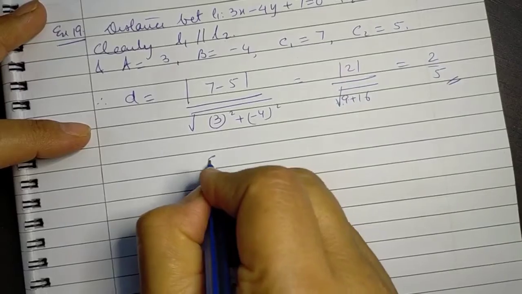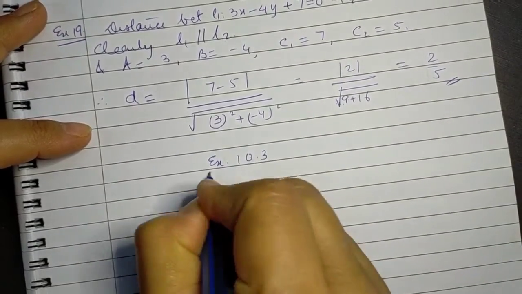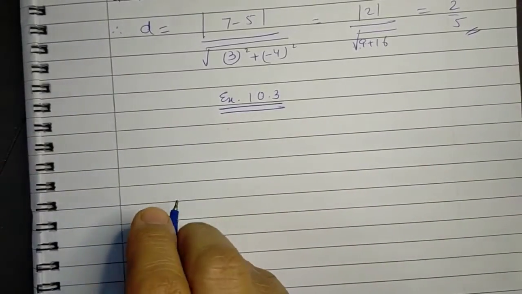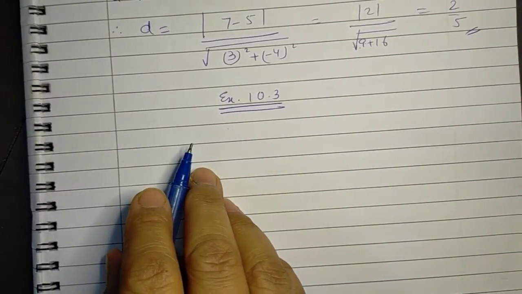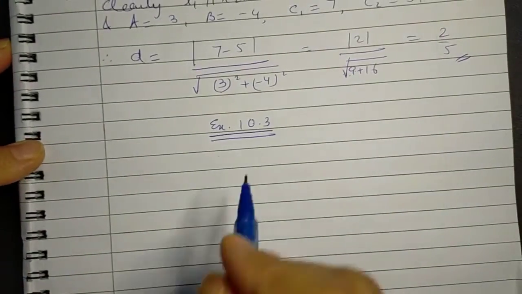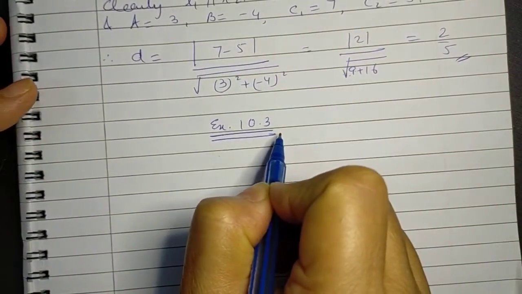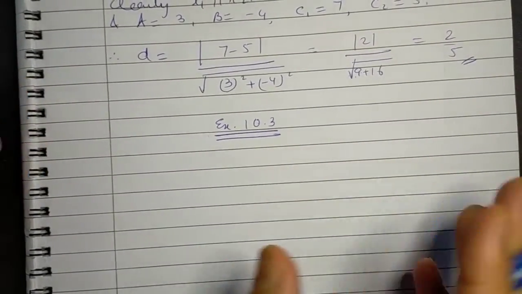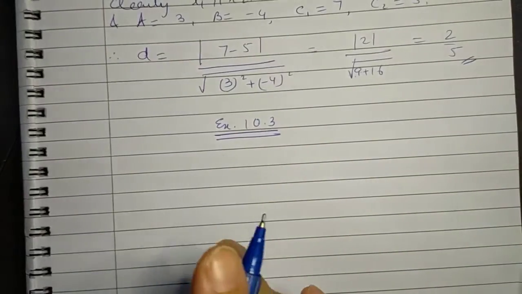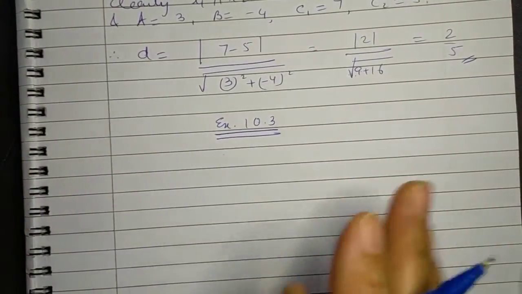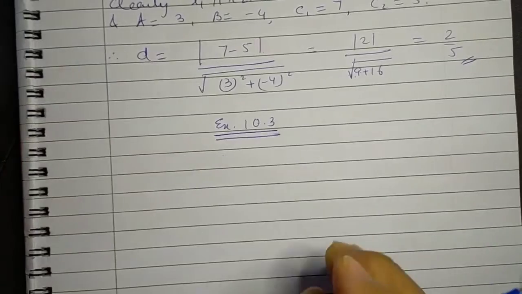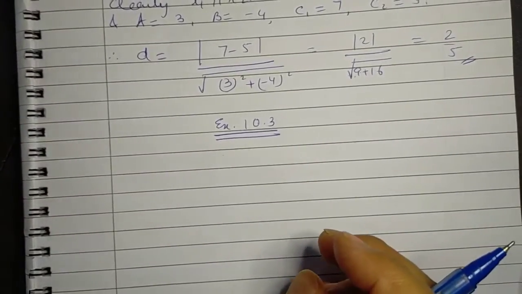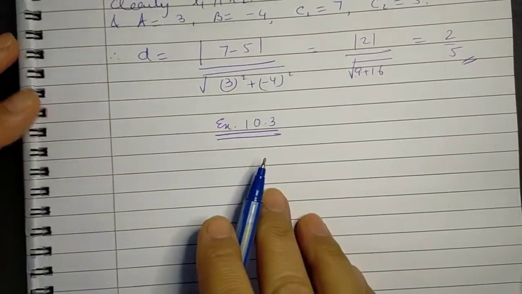So let us now continue with our exercise 10.3. We have already discussed the first 3 questions in our previous video. So let us proceed with question number 4 onwards. Now, in each of these questions, we will try as far as possible to reduce them to the basic form and then do the questions. So we will be dealing with each of the questions by the basic concept of a straight line. That is, we need the slope of a straight line and we need any one point on the straight line to be able to get the equation.